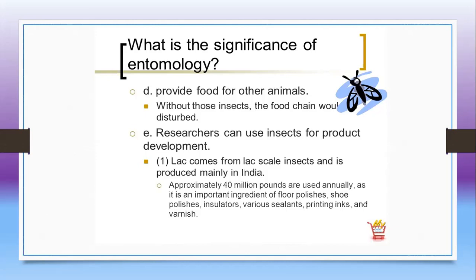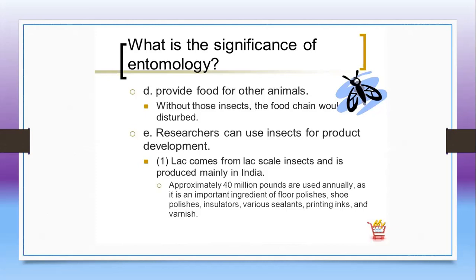Researchers can use insects for product development as well. Various kinds of products can be developed with the help of insects. For example, lac. Lac comes from the lac scale insects and it is produced especially in India. India is the largest producer of lac in the world, and approximately 40 million pounds are used annually as it is an important ingredient of floor polishes, shoe polishes, insulators, and various sealants, printing inks, and